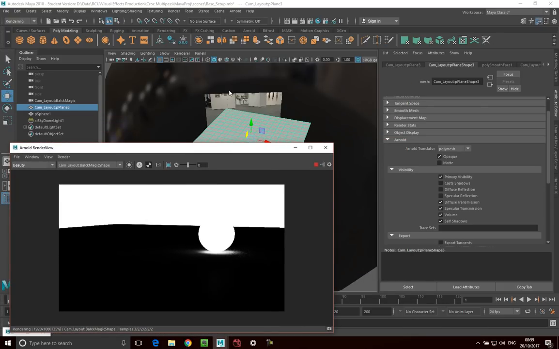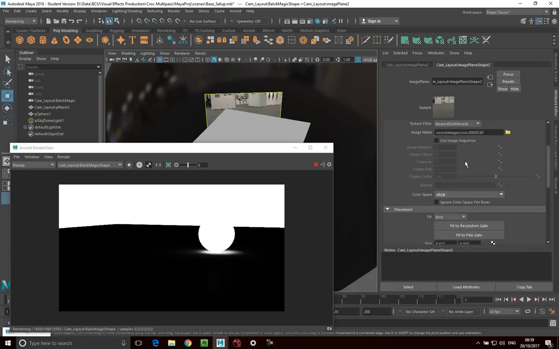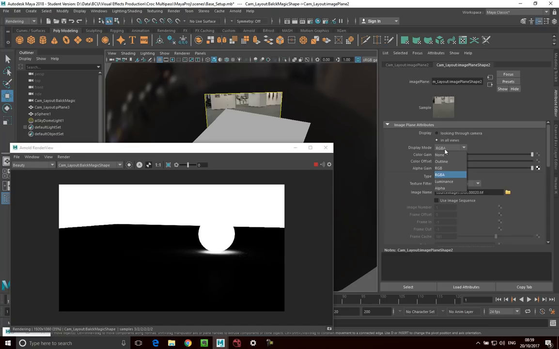What's actually happening is this background here, our image plane here, is actually visible, and is considered part of our model. Okay, so what we want to do is click on this background here and just tell it not to be visible. So we just want to go RGB, and we want to turn it to none. Okay, now